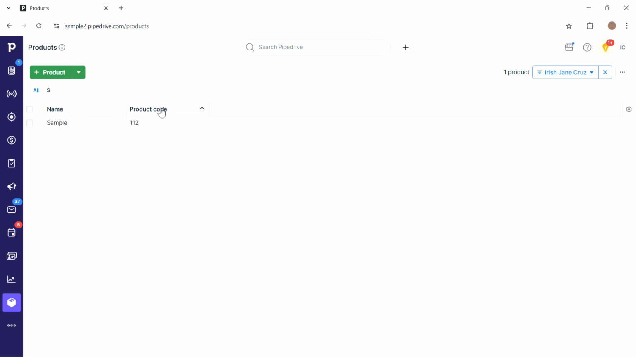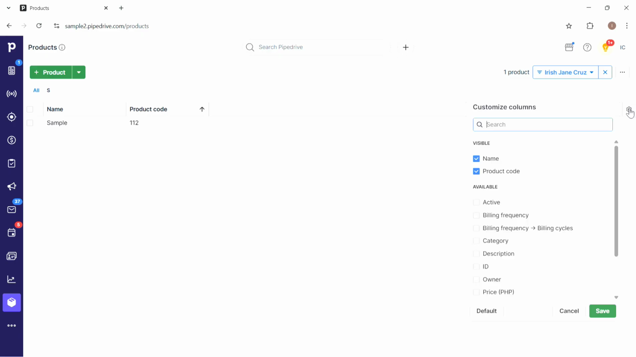Use the list view to see all products and filter by category, owner, or custom fields. Bulk edit by selecting multiple products and using the side panel. Delete products using the trash icon, and in the product detail view, click on More Actions and customize fields and